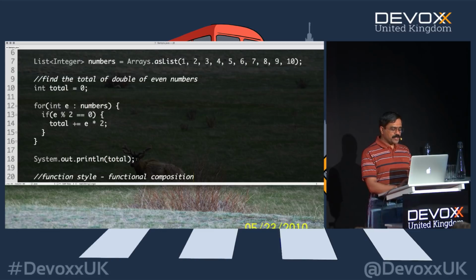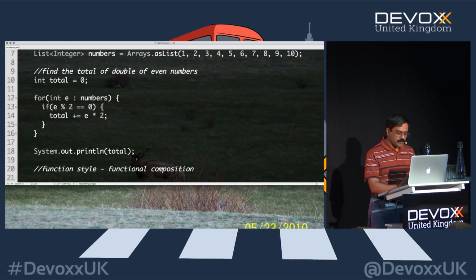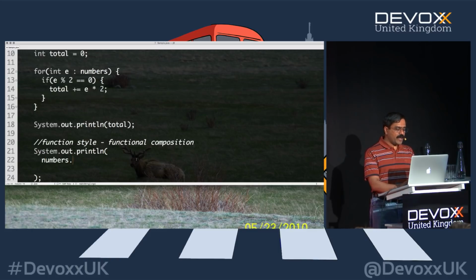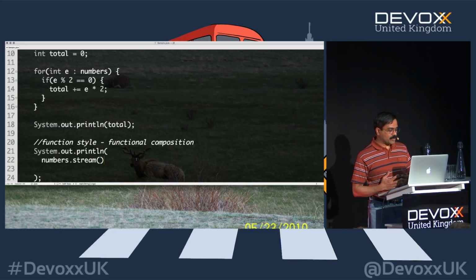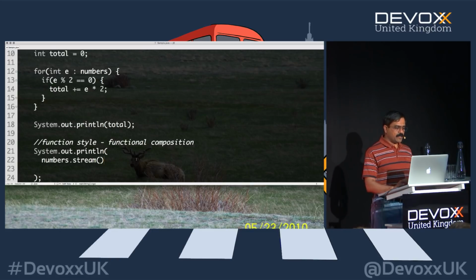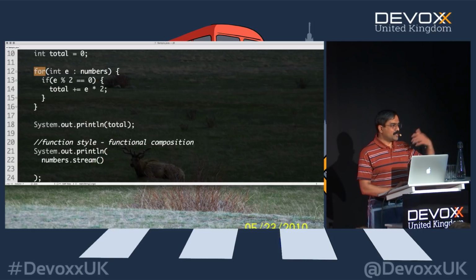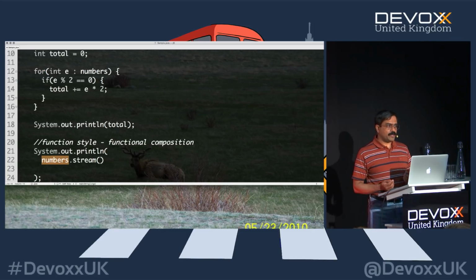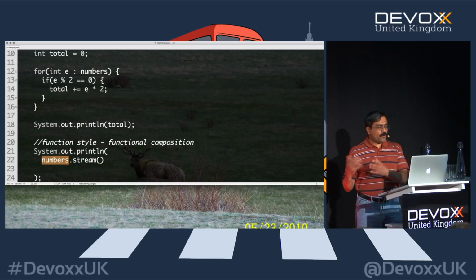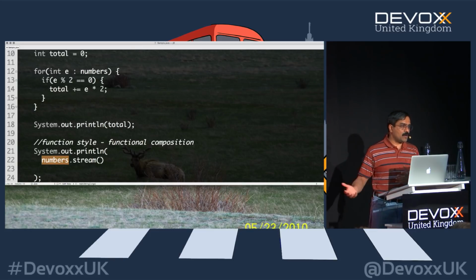Functional composition is probably one of the most exciting parts of functional programming, where we can say, given the numbers we have, we can get a stream. So what in the world is a stream? A stream becomes what's called the internal iterator. It's an internal iterator as in, with the external iterator you control the iteration with things like continue and break. An internal iterator is on autopilot. You simply say go iterate. You focus on what to do per element, not on the iteration itself, and that goes on autopilot.